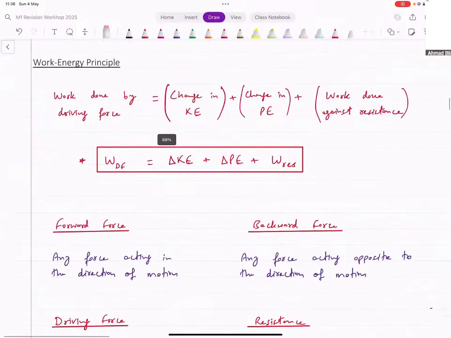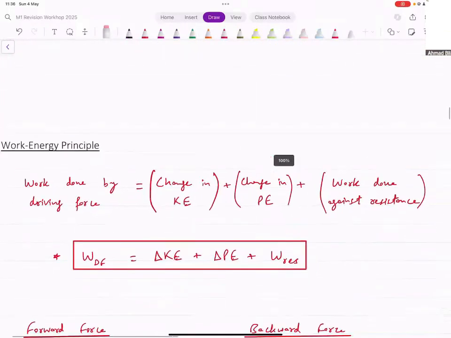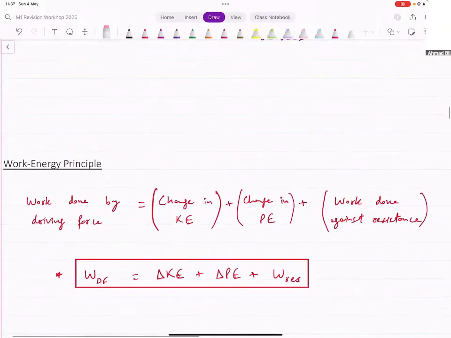Now, we talked about how the work done by something is used for multiple things. Some of it is used against resistance, some of it is used against some other thing, and then the rest of it is transferred to the object as its energy. This is something that connects work and energy. It's called the work energy principle. You'll be using this a lot